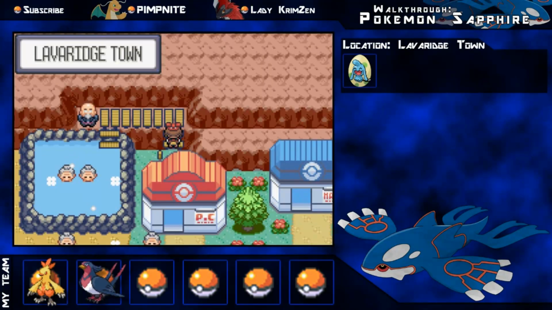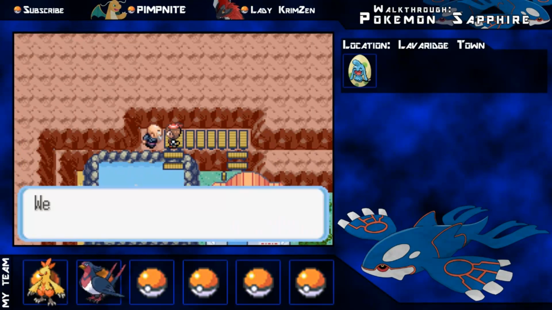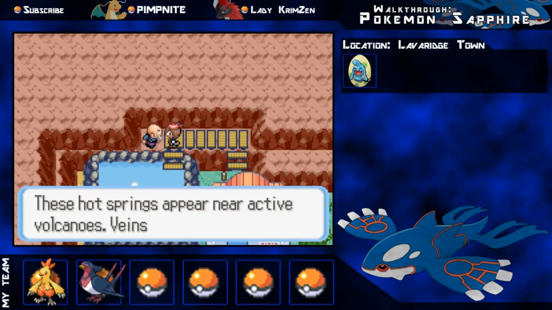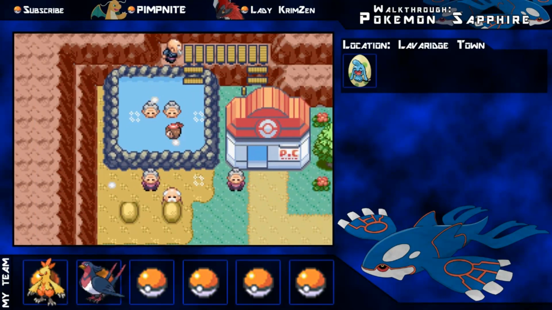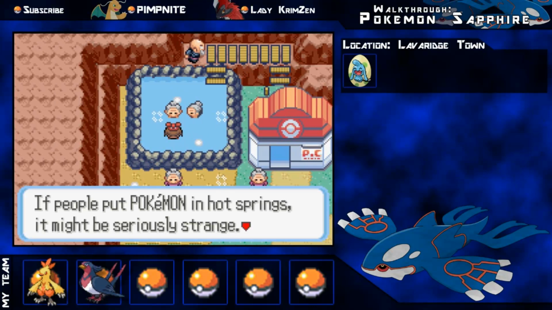Okay, so just going to walk in here, and this is hot springs from the volcano, of course. But that's about all I'm going to do for this episode, and I'm going to talk to these old ladies as well because I can,